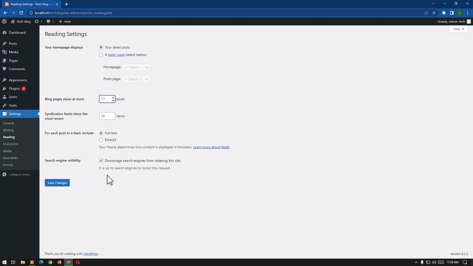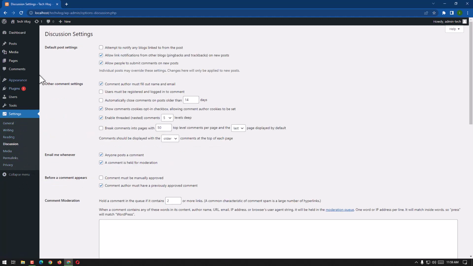So firstly, after developing it, we have to choose this option. We have to encourage it to the public, and then we have to click on save changes. Right now I haven't developed it, so I'm going to choose this, and then here we can see the discussion